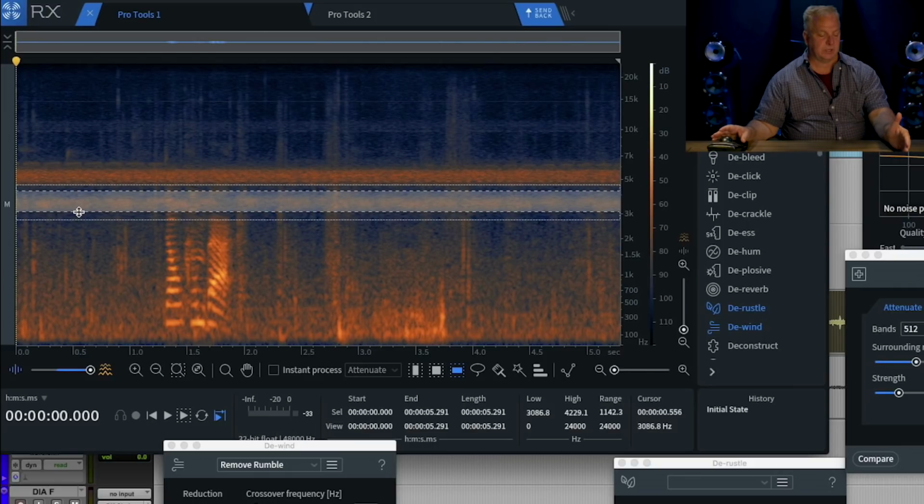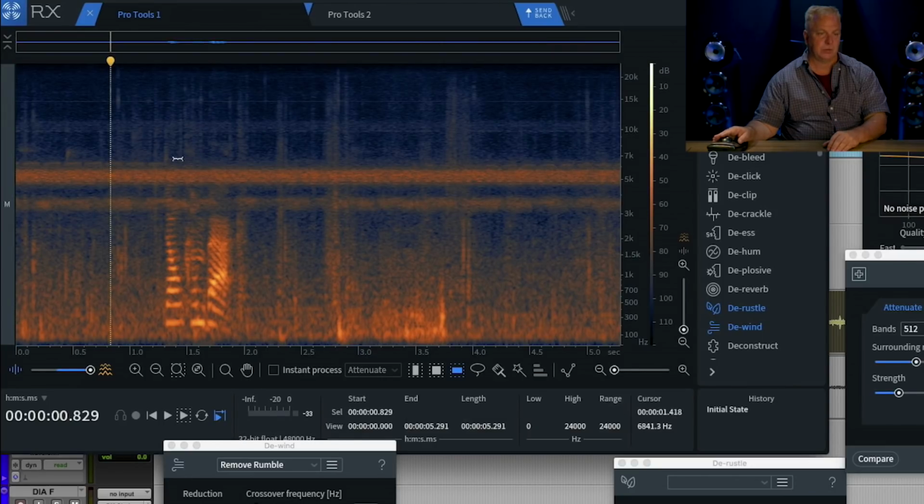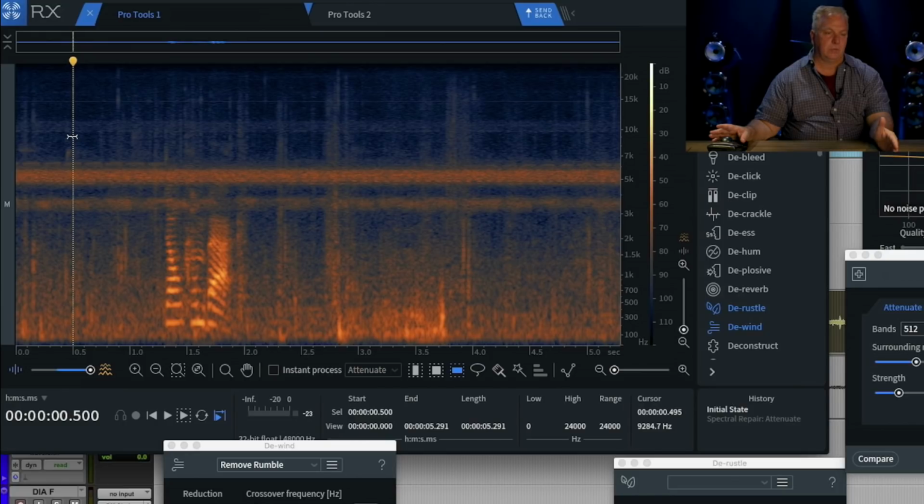So you can tell the crickets are a repeating pulse that has some sort of pattern to them, whereas the cicadas generally have just a wash to them. I highly recommend, when dealing with crickets and cicadas, that you process each in a separate pass. You'll find that the results are better if you select one, preferably the stronger one first, and reduce that one first, then go to the second one.